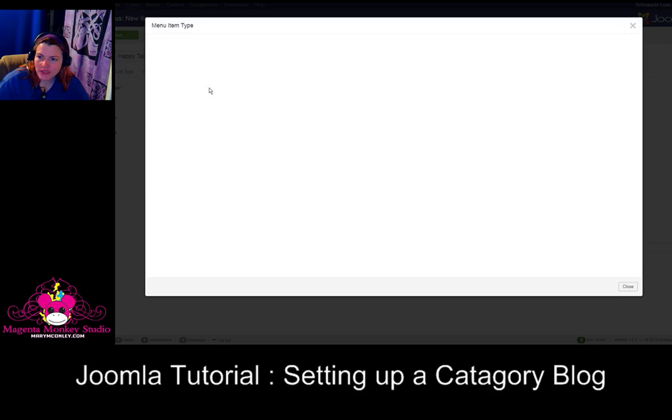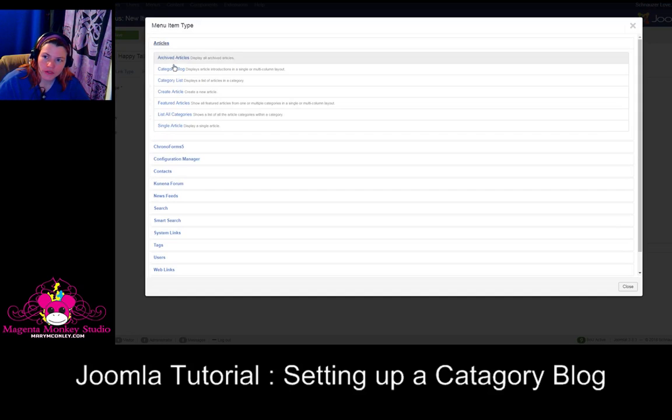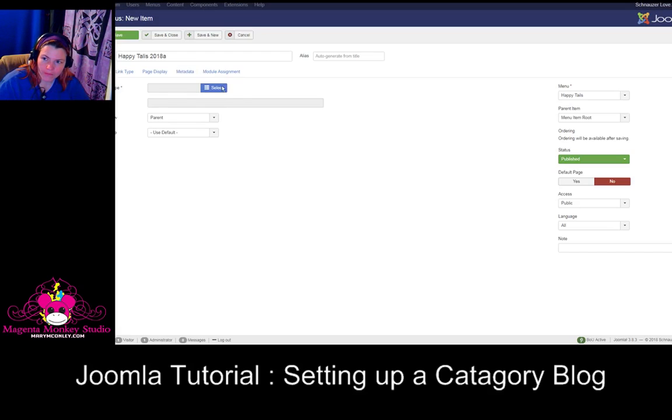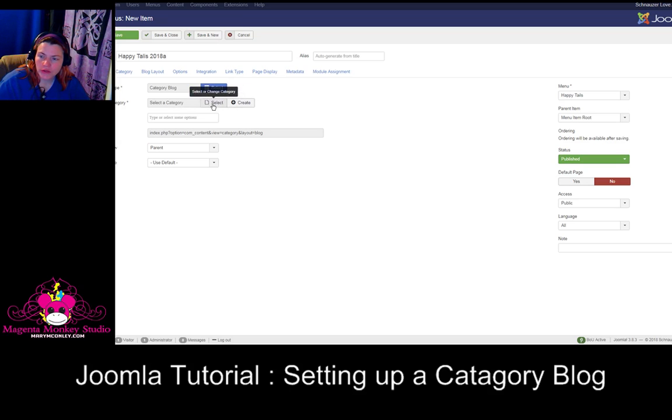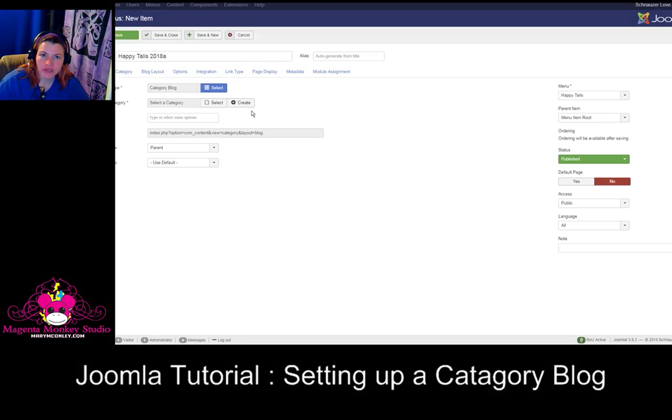And you want to select menu type, and the menu type is going to be selected from articles, category blog, and then it's going to want to know which category. So you can select the category, or you can create a new category. Now I've already created the 2018 category, so in this case you would simply click on the category that you want to list in the blog. But when you're doing this the next time you go through, the category won't be there yet. What you'll need to do is create a new category. So you'll simply click create,